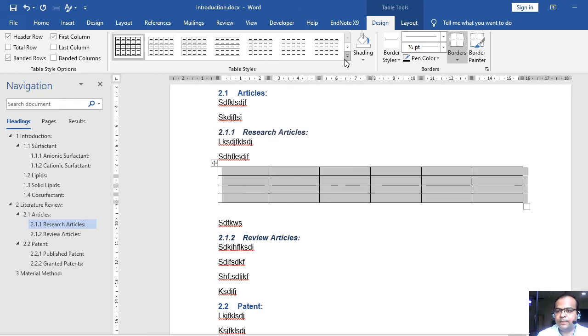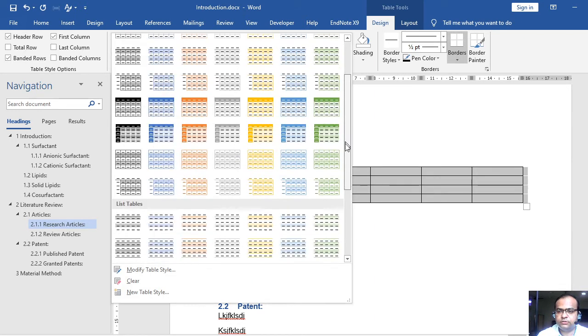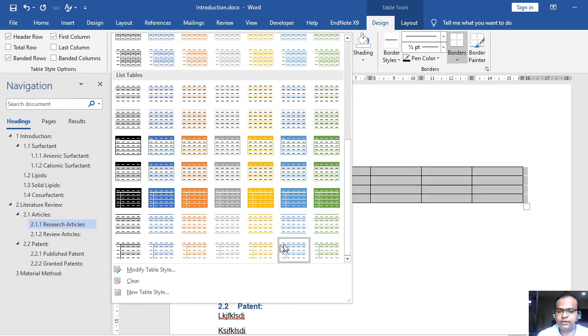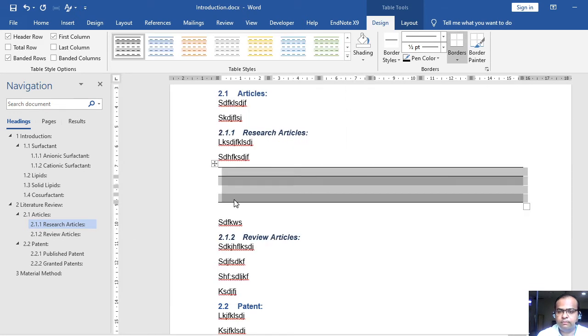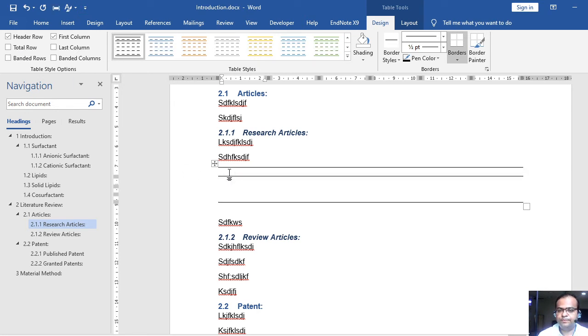I may change the type of my table. In most of the scientific literature you may find this kind of table where just header and footer lines are there. So let's say this is serial number, then XYZ ABC, let's say these are my table.